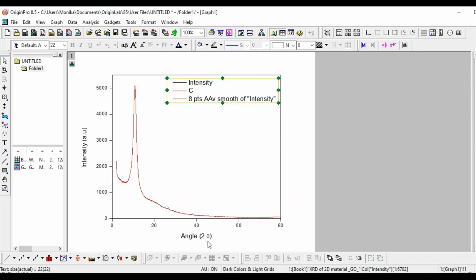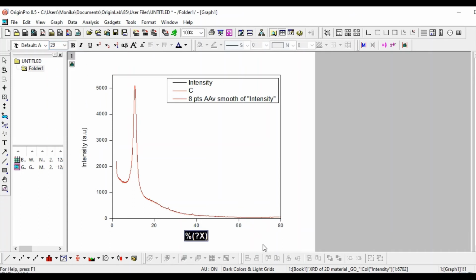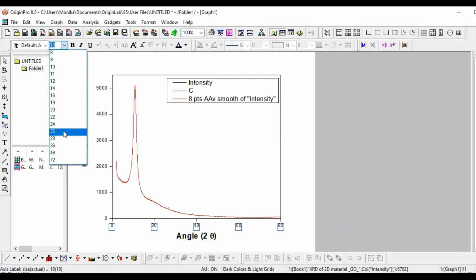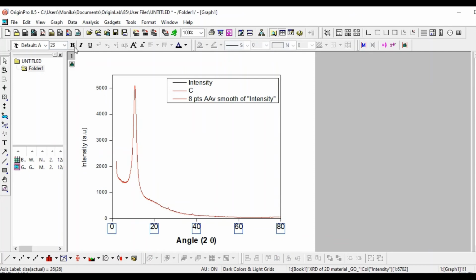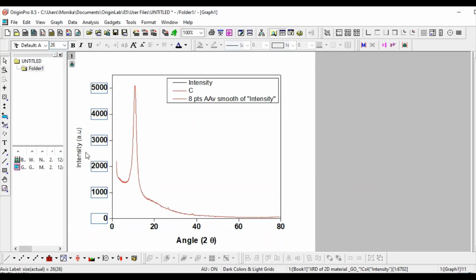Here the text is given to you, x-axis. If you want to select it, you can just press Control A, and here you can change the font, that is 28 and bold. Now we will change this one also, because normally in journals we give very small pictures, so it should be a big font. Similarly, we will do it for the y-axis, that is 26. I'm using the standard one, you can change it, it depends on you, that is 26 and bold. So here you can see.